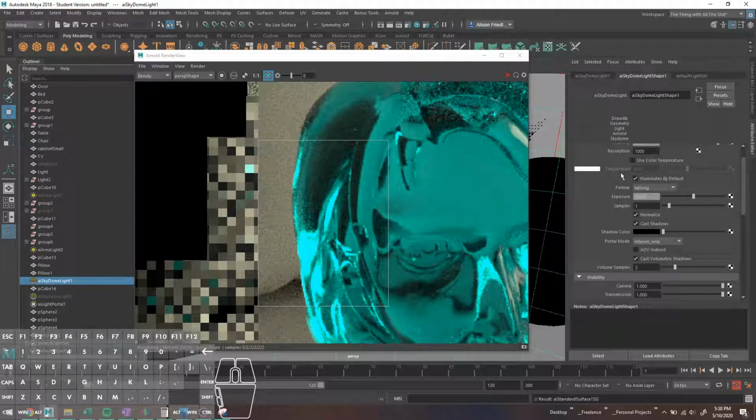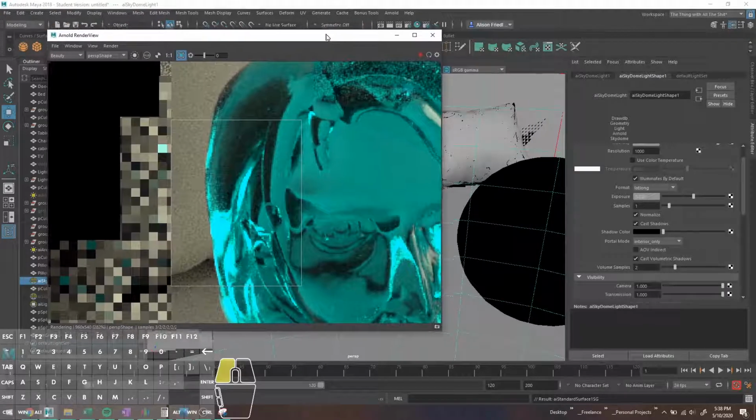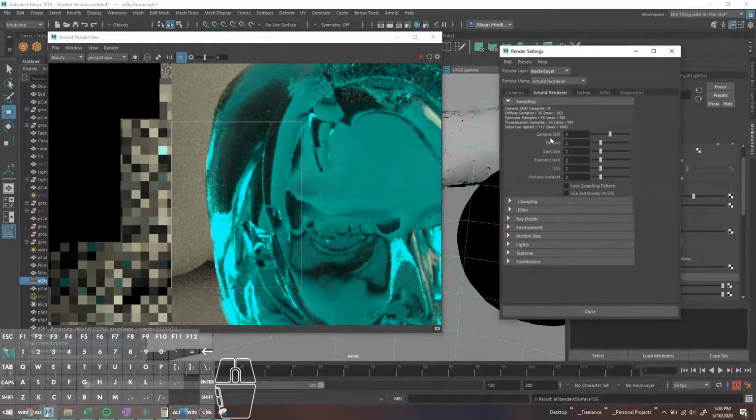So that's the preferred way to do things, if you can, is adjust things on a per light basis, because that way you can increase render quality without doing unnecessary calculations for the computer. In this case, what we're going to do is go into the render settings, and under the Arnold Renderer tab,